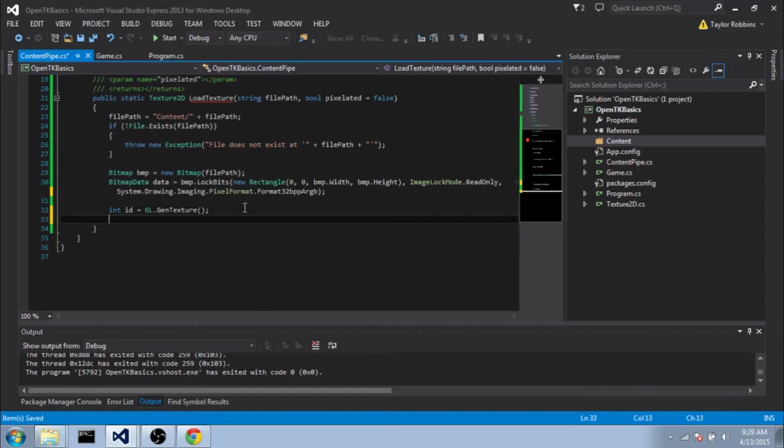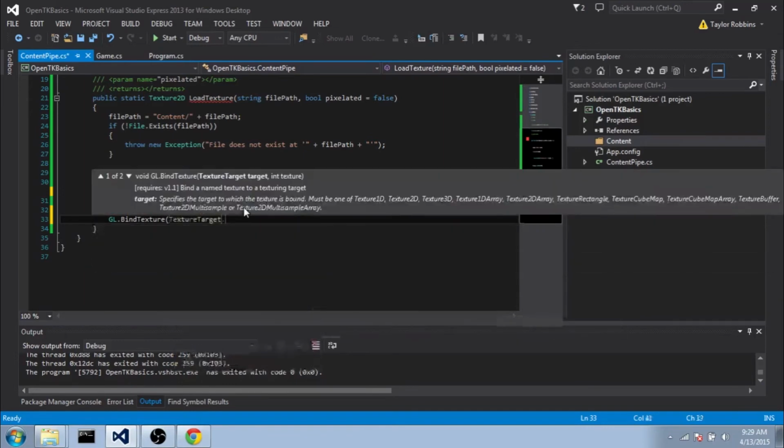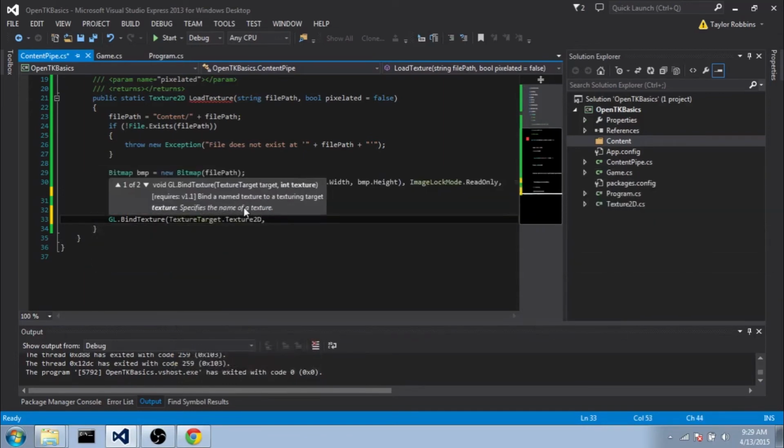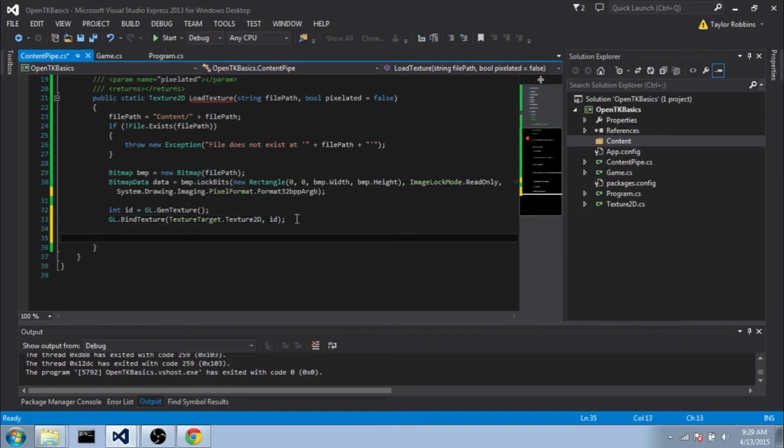Anyways, now what we want to do is GL.BindTexture. We want to say, hey, we're going to bind this texture to the Texture2D, and we're going to pass it that ID that we just generated. So basically, we're going to be working on this texture that we just generated. This is a common thing that we do. We also bind it when we want to say that's what we're drawing with at the moment. And then we want to actually pass the bits to it so that it can insert that into the buffer or the texture that it created. So we do that by doing